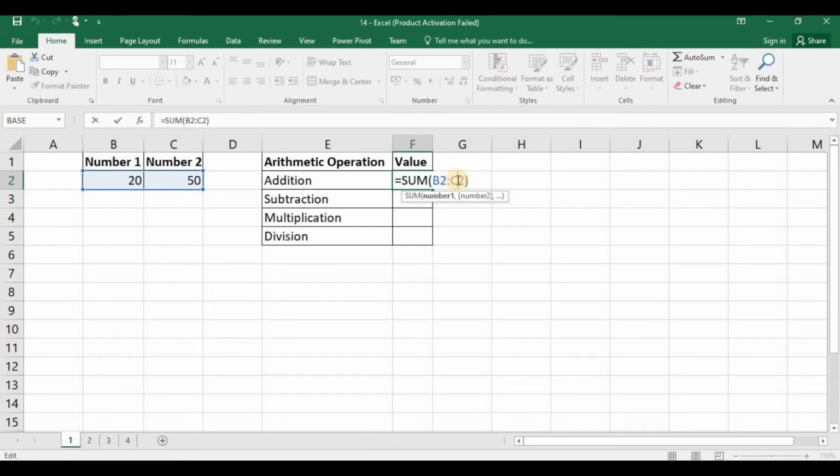You can add values by using the plus symbol. In this, you need not enter the function name. Type equal sign. Now select the cell. Enter the plus symbol. Now select another cell. Then press enter. See, the two values got added. We can use this for subtraction, multiplication and division. For subtracting, select the first value. Enter the minus symbol. Select the second value. Then press enter. See, the second value got subtracted from the first value. You can do the multiplication using the star symbol like this. You can do division by using the forward slash.